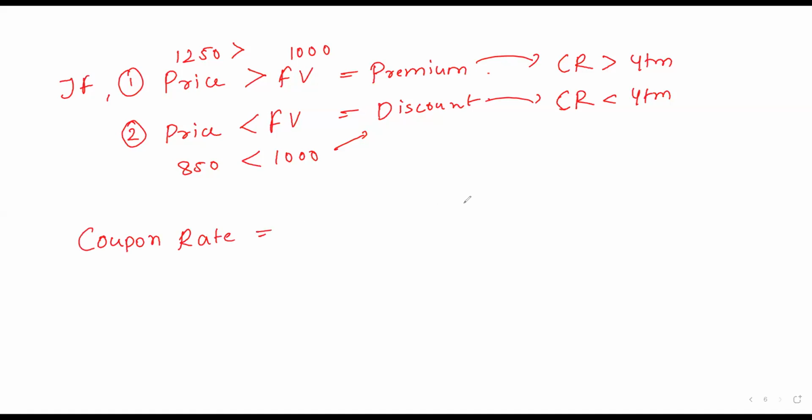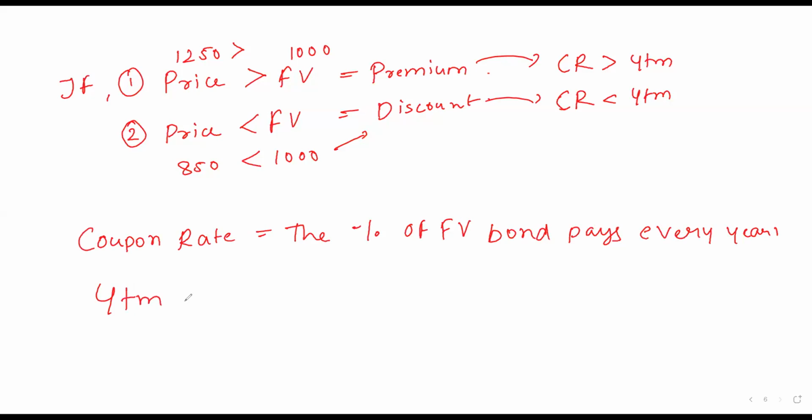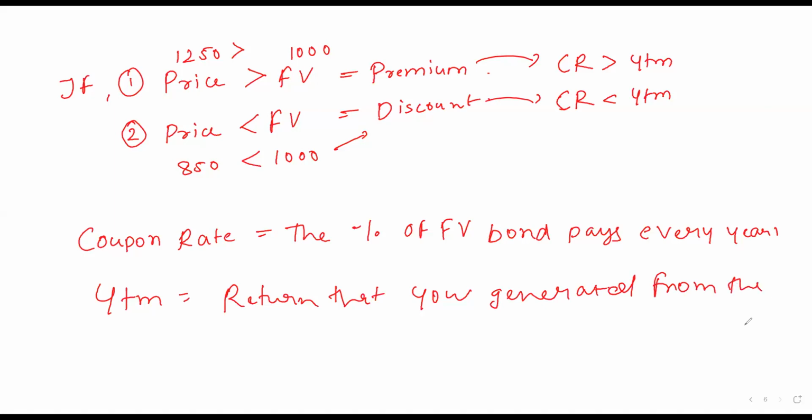Coupon rate is basically the percentage of face value the bond pays every year, and YTM is the total return that you generated from the bond. For example,